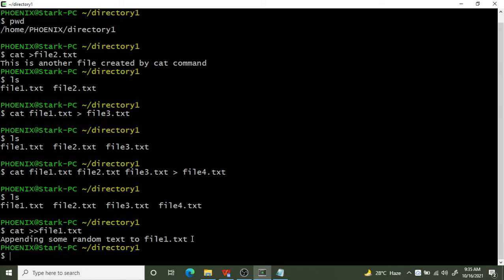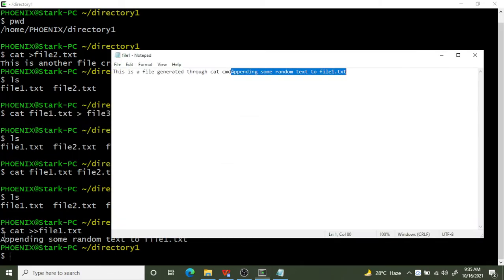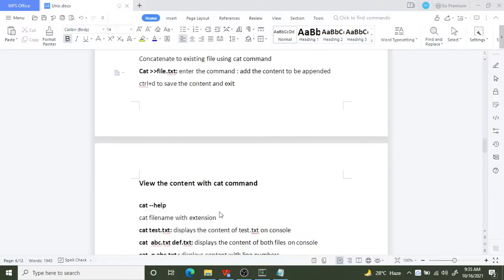It didn't overwrite, it got appended. So double greater than appends the content to the existing file. So after whatever the file's content is there, it starts appending the rest of the stuff whatever you are giving from the prompt.